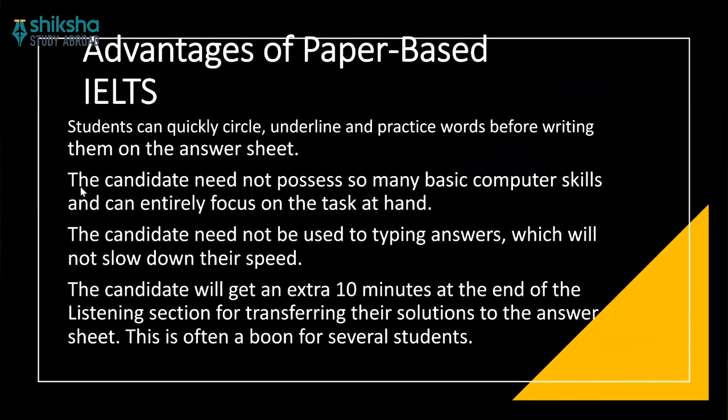So let's start again with the advantages of paper-based test IELTS. Students can quickly circle, underline, and practice words before writing them on the answer sheet. Okay, so this is the first and major advantage of paper-based test. The candidate need not possess so many basic computer skills and can entirely focus on the task at hand. The candidate need not be used to typing answers, which will not slow down their speed because definitely you're writing